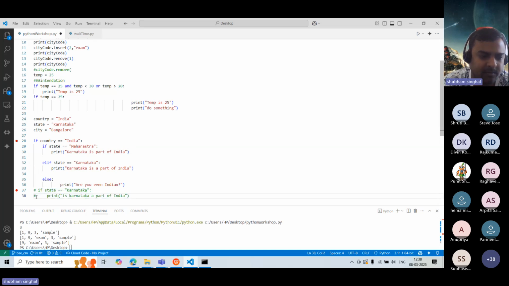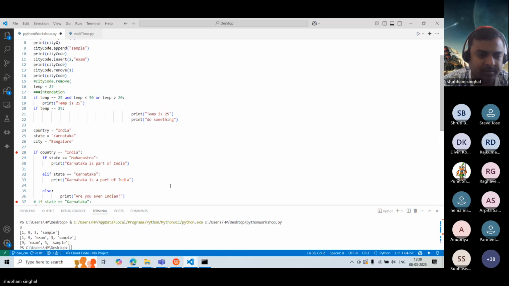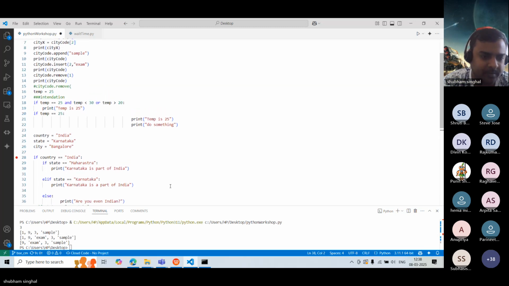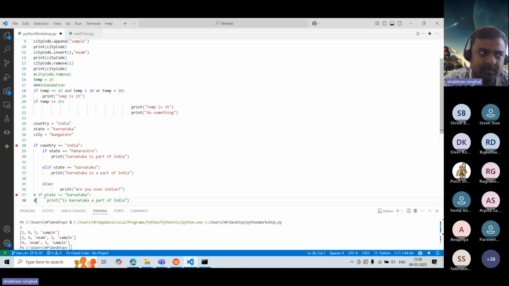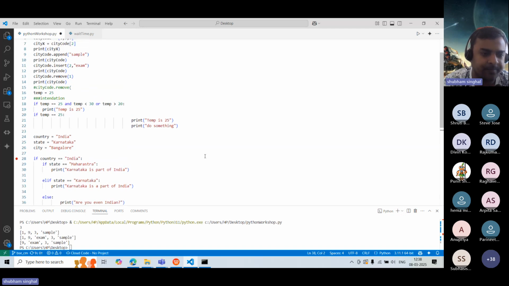Hashtag means comment. The system will not run this code. Some tools use these hashtags to generate documentation. If developers have done proper hashtags, then you can generate documentation out of it. But coming back,